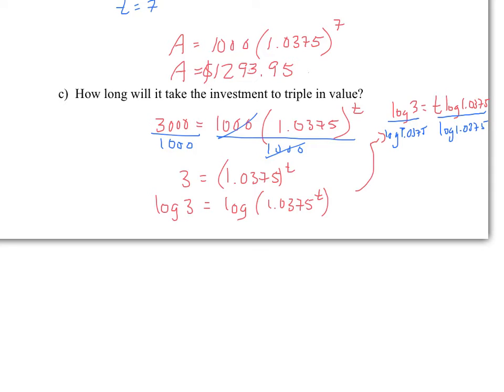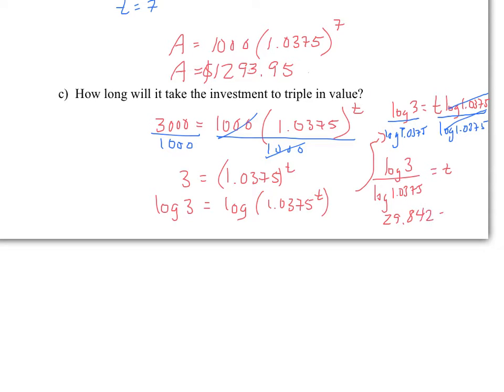Okay, so that's going to cancel out this log of 1.0375. And what we have left at the end, we have log 3 divided by log 1.0375 equals t. Okay, so again, your calculator, you plug that in. Make sure you're using the proper brackets. Probably a good idea to practice to make sure that you get your total. And what we get is